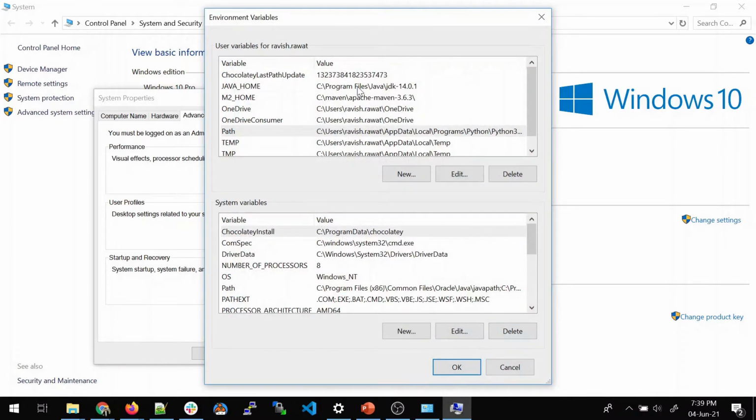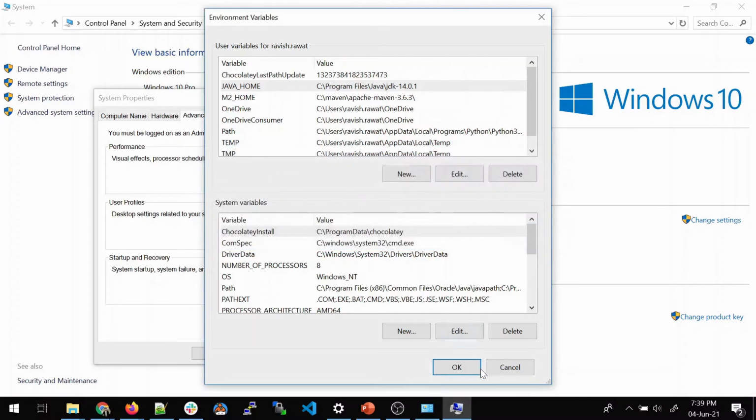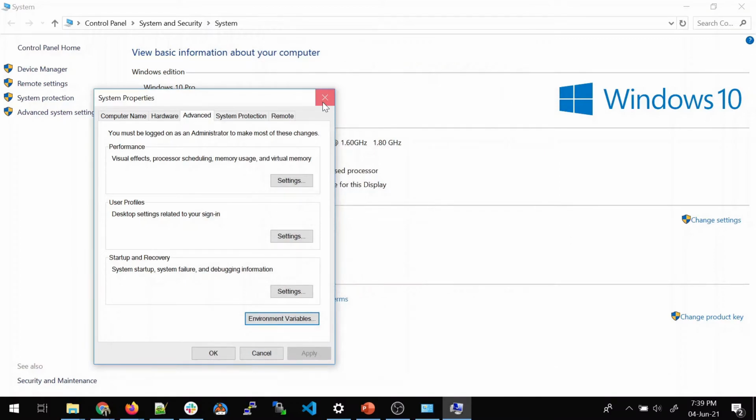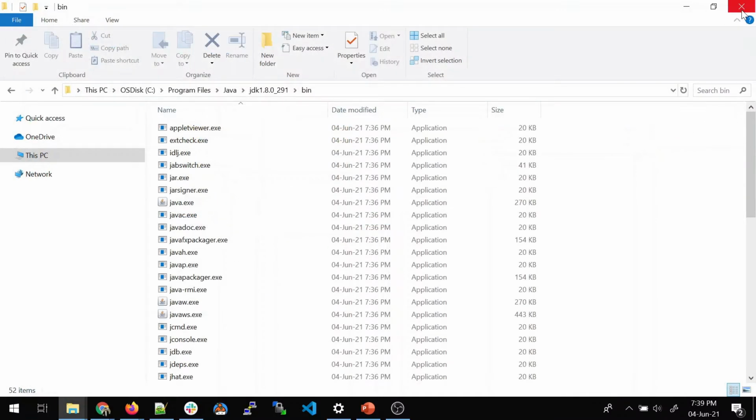I have cancelled it. In the JAVA_HOME, you have to create a new entry if you do not have and place the path which you copied till the JDK folder. I'm cancelling it because I already have that path. So after doing this JAVA_HOME and path setting, close everything. It will be beneficial for all your software.